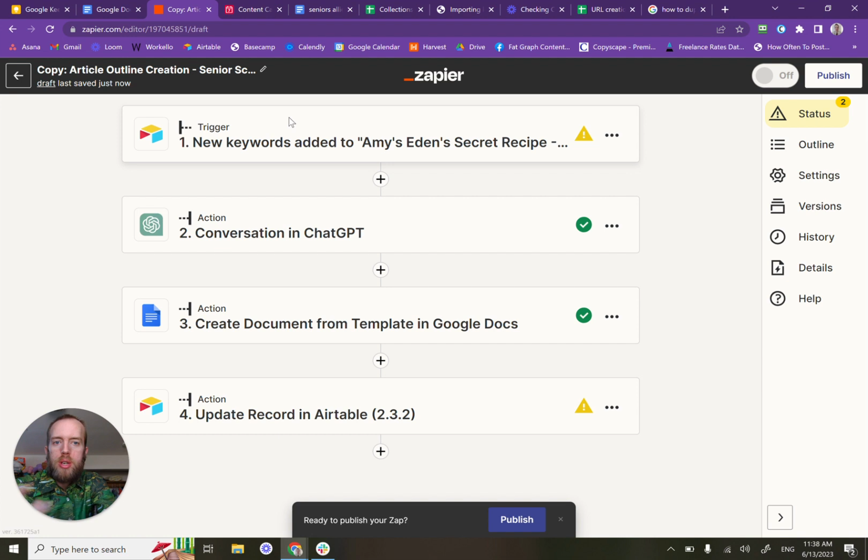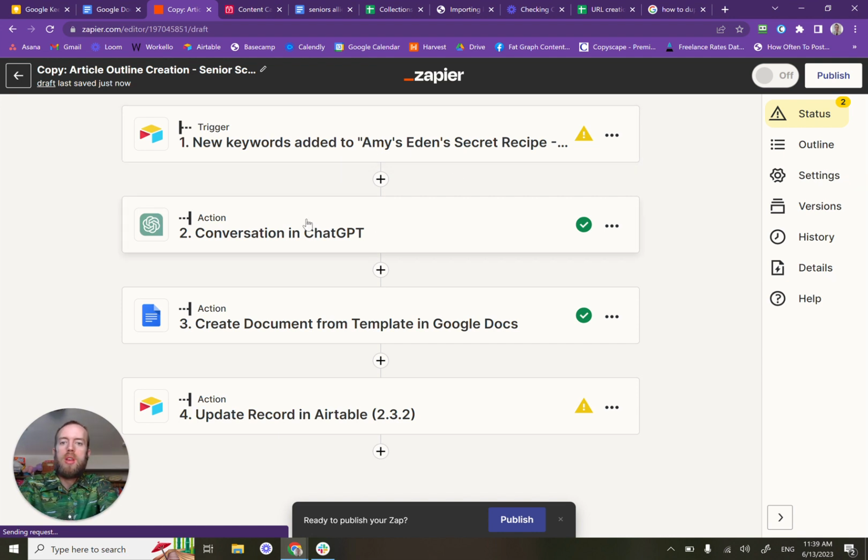So the first one is the trigger. Once a new keyword is added into Amy's Eden's secret recipe, that's what Zapier is looking for, and once that happens, then it triggers the rest of this. Now we're going to change Amy's Eden's secret recipe to Senior Fraud. That's one thing that we change. But once it sees that new keyword or that new article in that